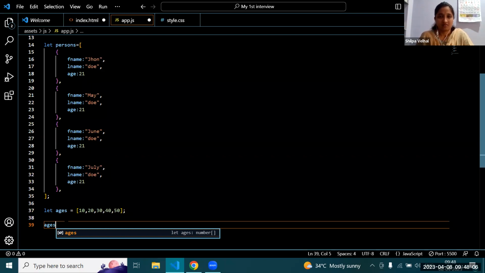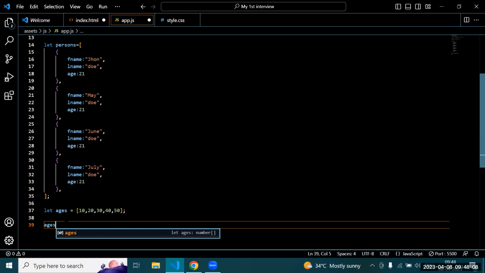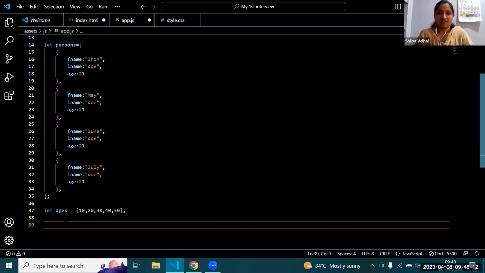Can you print even numbers from 1 to 50? Actually, sir, for loop method I know, but how can I structure this?